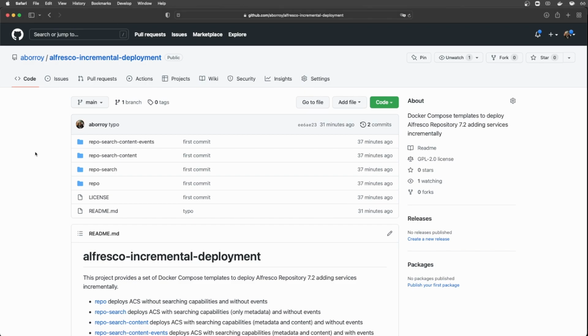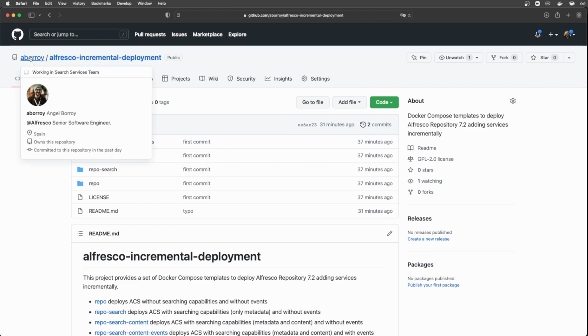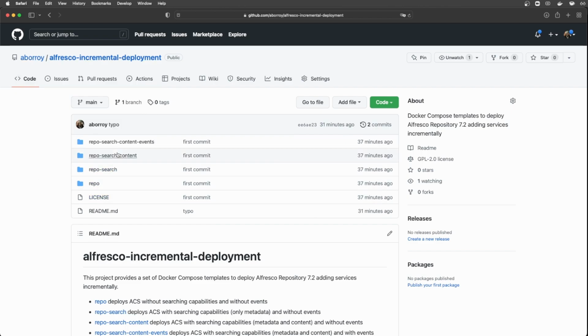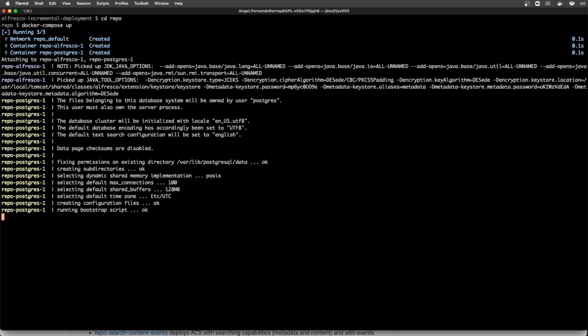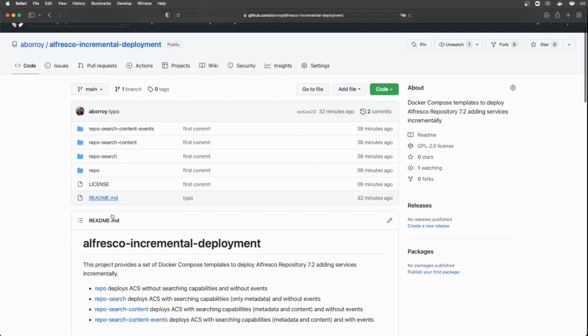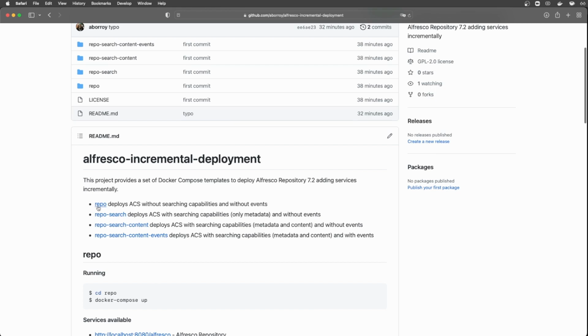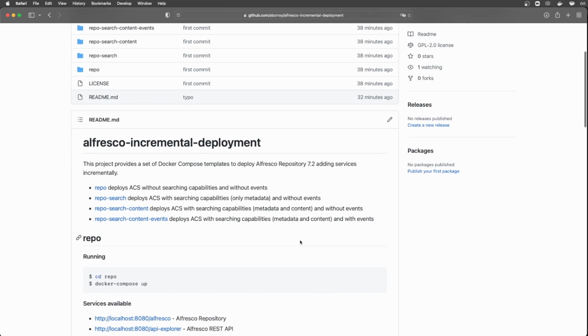The different configurations are available in this Alfresco Incremental deployment project that is available on my GitHub account, and you have several folders with the different configurations. Let's start with the simple configuration. It's just starting the Docker Compose. So in each directory we have a Docker Compose template with the configuration. The repo is including the basic configuration. Repo search is adding searching capabilities for metadata. Repo search content is adding also searching filters for content, and